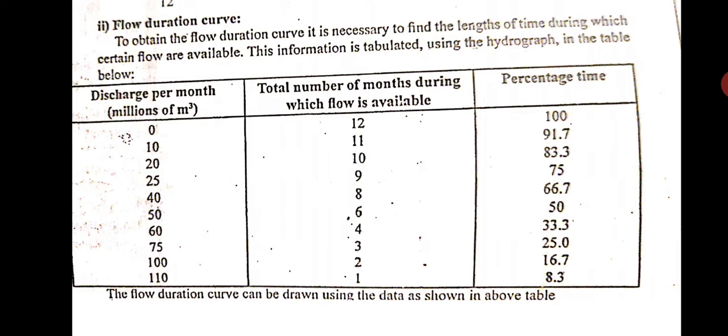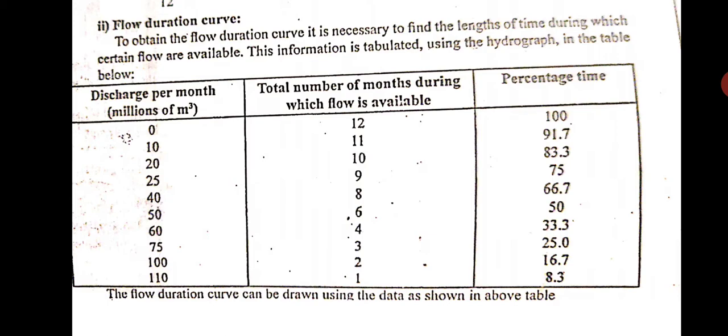So I will write the total number of months that the discharge is available. And accordingly, as we have discussed earlier, I will divide this 100 by 12, that is 8.3. For 1 month it becomes 8.3, and for 2 we will multiply 8.3 into 2, it is 16.7. Then 3, 4, and like that 12 is 100. Okay, so 1 month will be 8.3 and 12 months will be 100% of time. So this is how you calculate the percentage time.